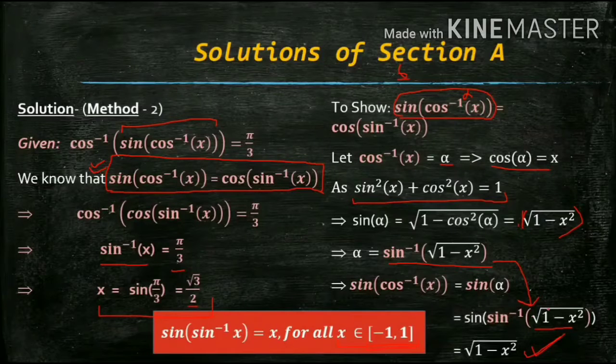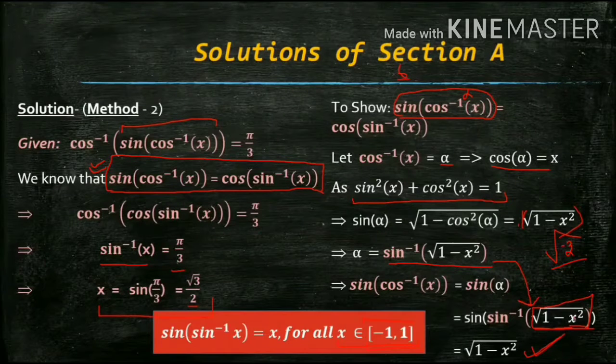Well, I can just say that you just look at this expression first. This is the value that is x. That must belong to this interval, right? If you take x greater than 1 or less than -1, what would happen? Suppose I take x as 2. What would it become? 1 minus 2 square, which is 1 minus 4, which is square root of -3, which is not defined basically, right? So we can't evaluate such an expression. So we want the inside to be positive so that it would be defined.